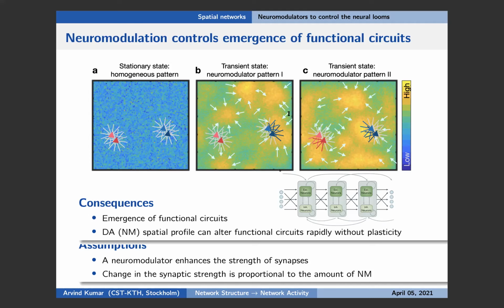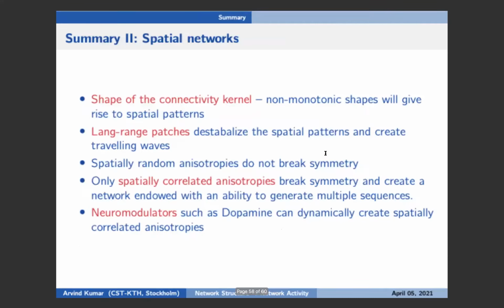And thereby you can create some sort of sequential flow. And this flow will of course not be permanent, because this will change depending on the new spatiotemporal pattern of the dopamine. So this gives us a very nice, powerful control over functional circuits in the brain, using neuromodulators as kind of gearboxes of the system. So this also goes back to this whole idea that the connectome is important. Of course it is important, but such neuromodulatory substances have this ability to restructure the whole connectivity and drive it into a different functional regime, something we perhaps will not be able to deduce from the connectome alone.